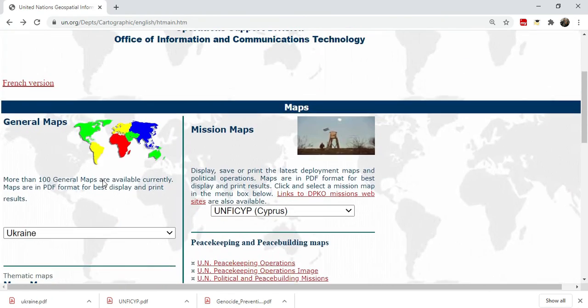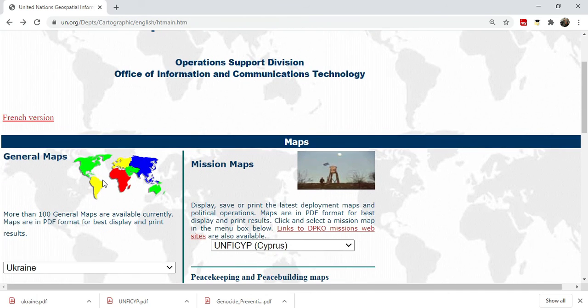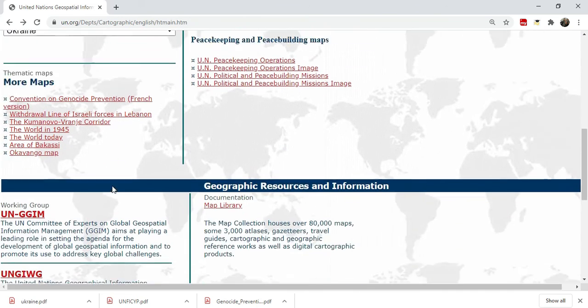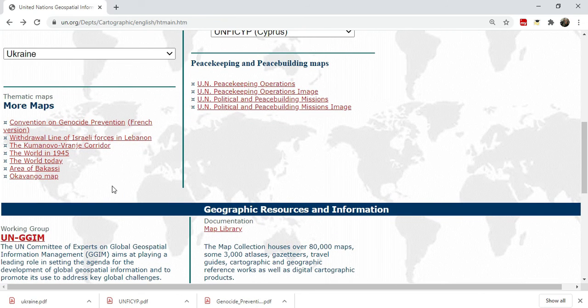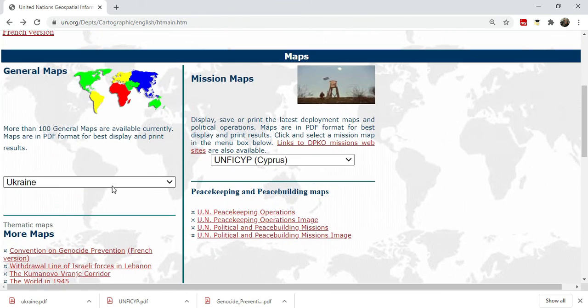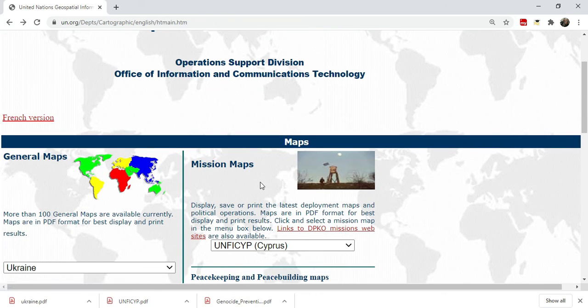The students who are studying geoinformatics, or MA or MSc geography, MSc geology, all these maps are helpful for them, and they are also helpful for scholars who are doing their study related to international relations or human geography, world geography. So these maps are very helpful, guys. That's why I shared this particular site with you, so you can get the maps very easily, and that also of HD quality.